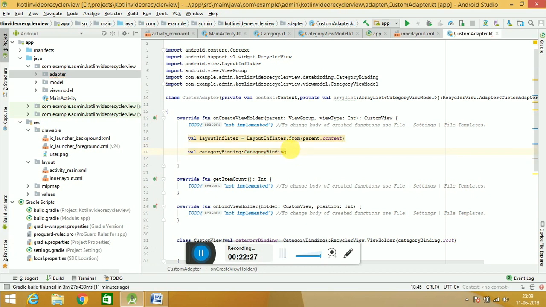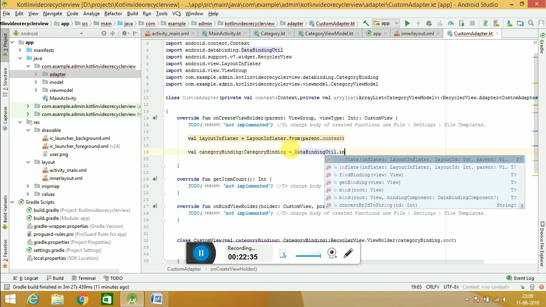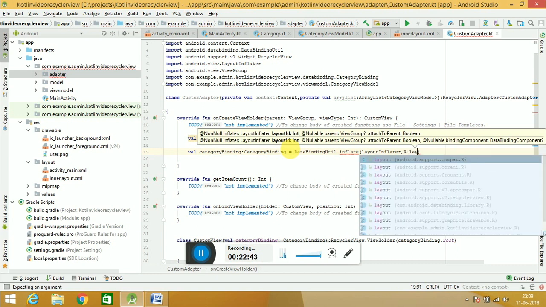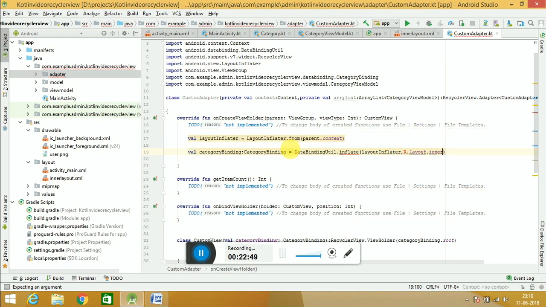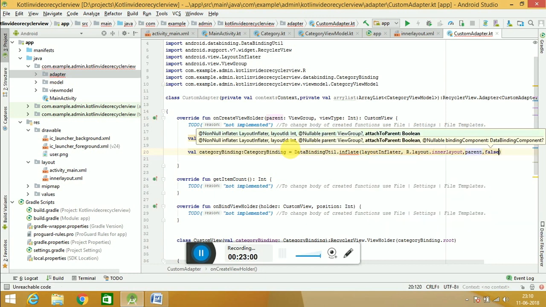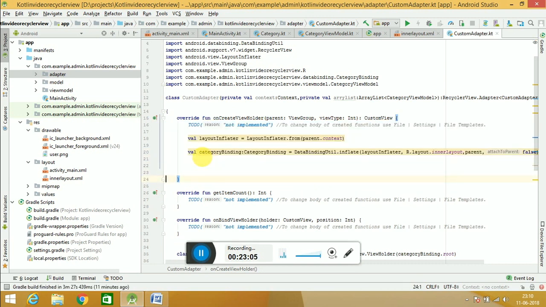Okay, so what is this category binding, and this is your data binding util dot inflate, and here we have a layout inflater, comma the second is your R dot layout dot inner layout. First alt enter, and this is our parent and this is our false. Okay, so this is our category binding ready, and